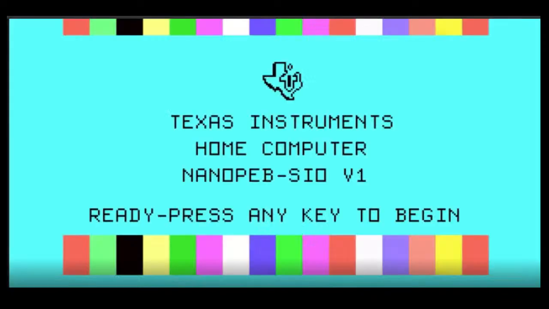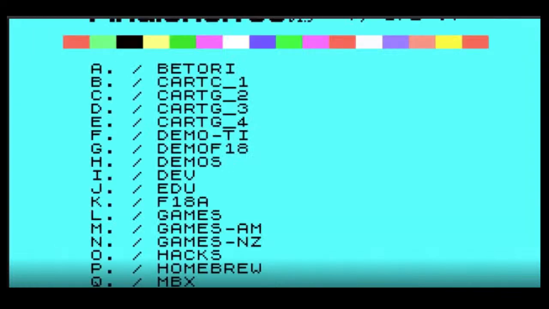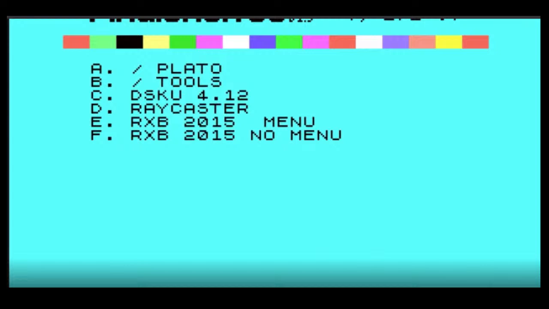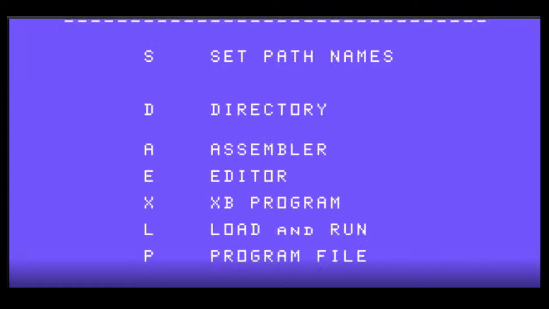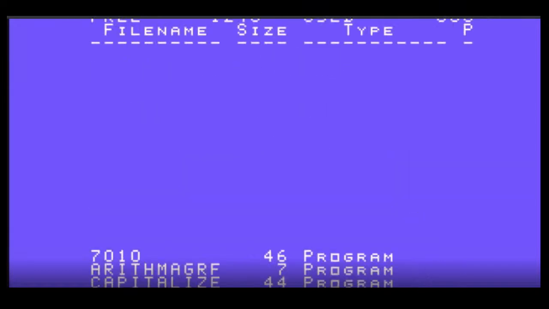Okay, I think it's time to turn off the computer, turn off the Nano PEB, turn them on again. Yeah, there we go.